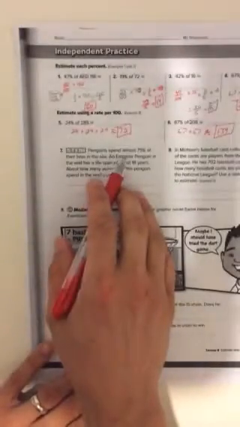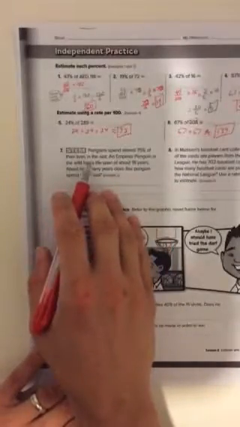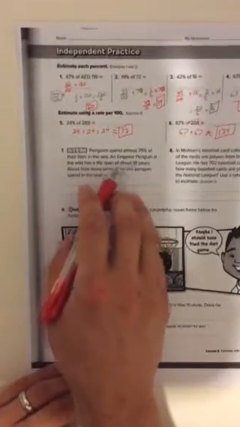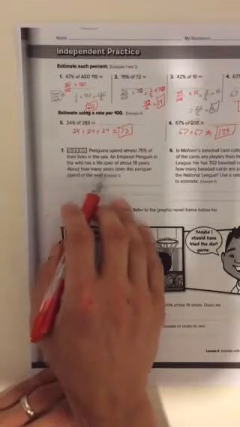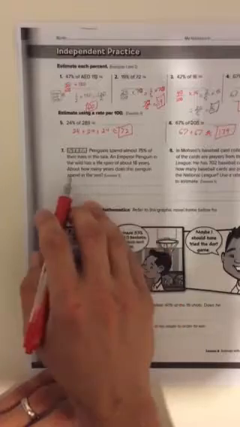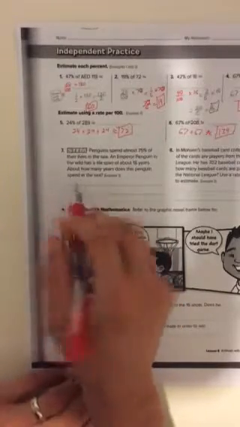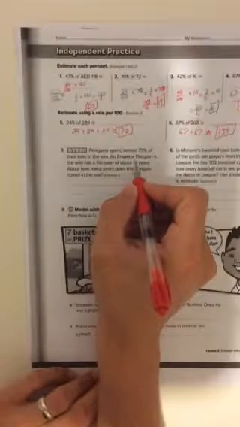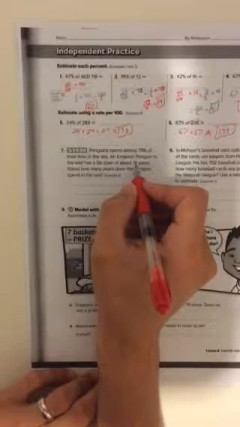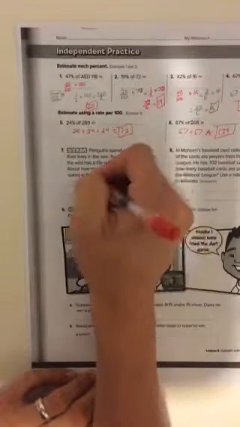All right, last few right here. Penguins spend almost 75% of their lives in the sea. An emperor penguin in the wild has a lifespan of about 18 years. But how many years does this penguin spend in the sea? Okay, so 75% of about 20 years. Okay, so I'm going to round this to 20. So we have